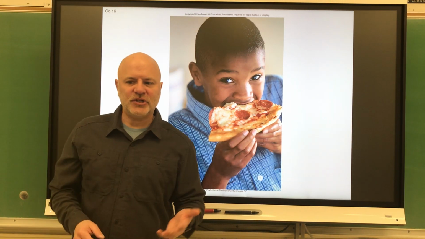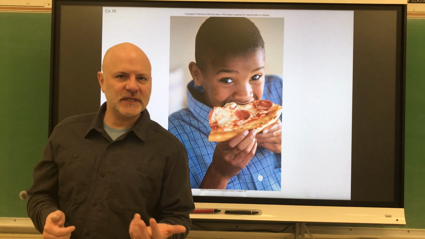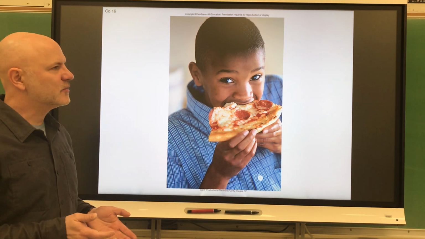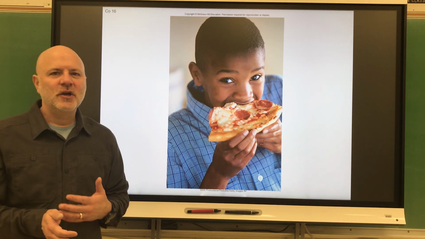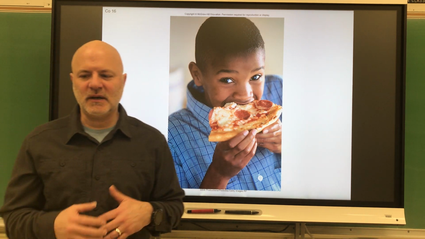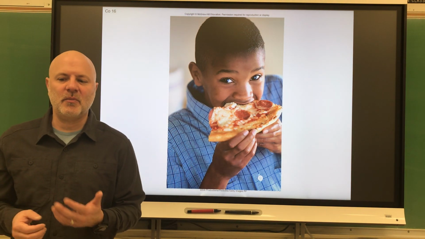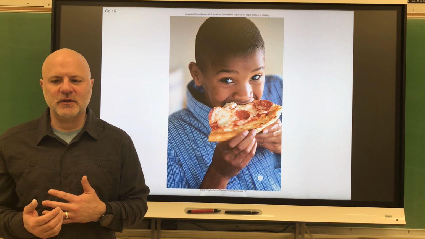All right, so let's take a look at Chapter 16. Chapter 16 deals with the digestive system. So let's look at some general information about the digestive system. So first is digestion. And digestion is simply the mechanical and chemical breakdown of food and the resulting absorption of